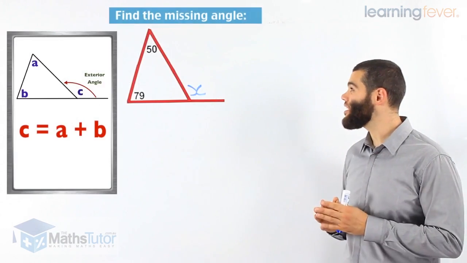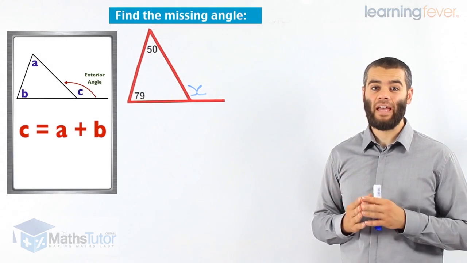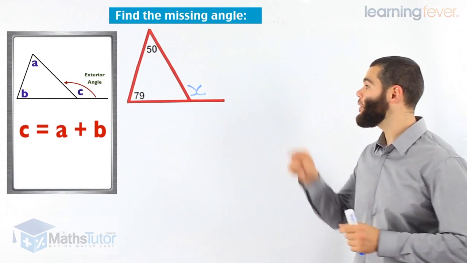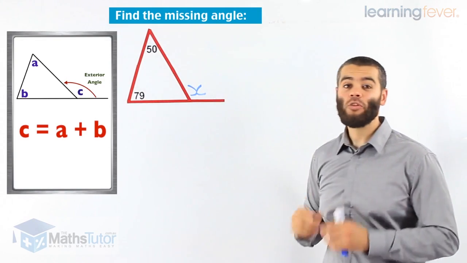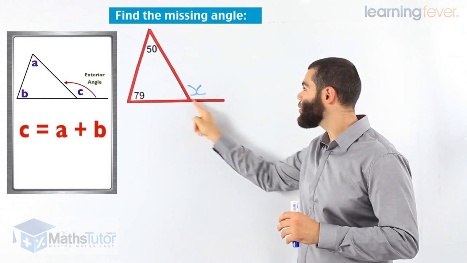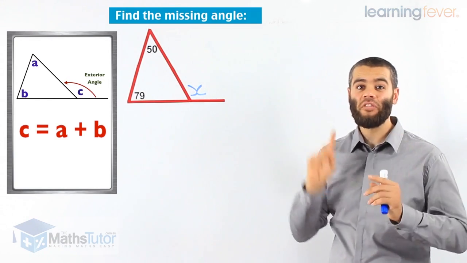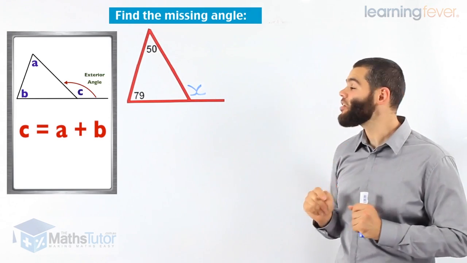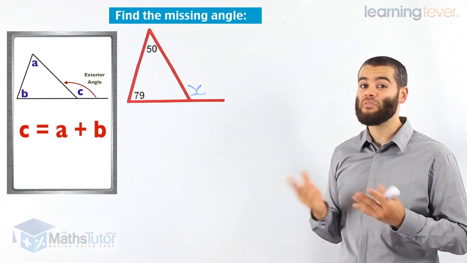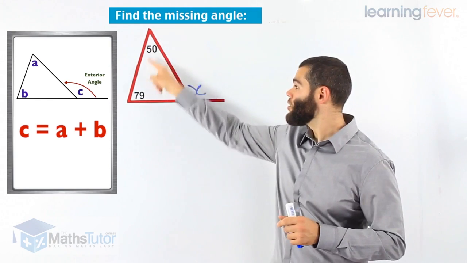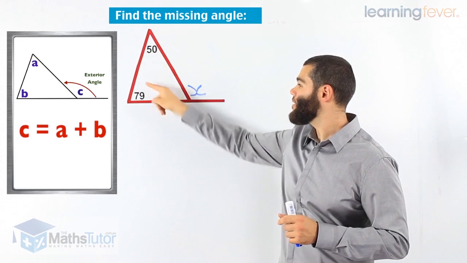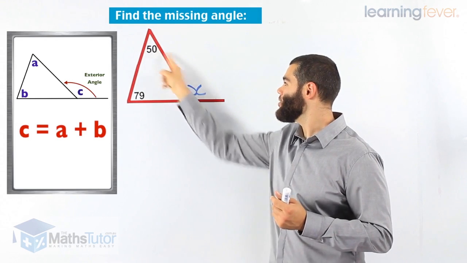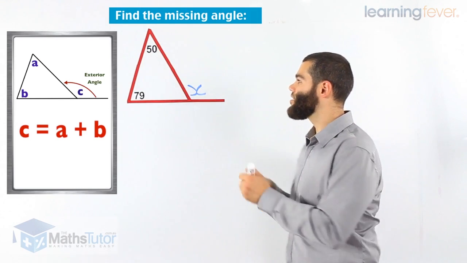Okay, we have a question here. It's saying find the missing angle. We can straight away look at this diagram and identify that we have a triangle and we have an exterior angle. As soon as you see that, you straight away think exterior angle of a triangle. Straight away remember that concept. What does that concept say? It says that the two opposite interior angles, opposite what? They are opposite the exterior angle. These two added together,